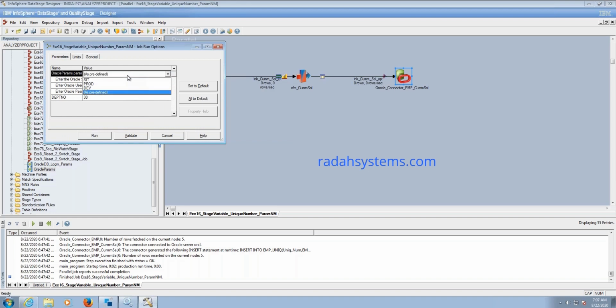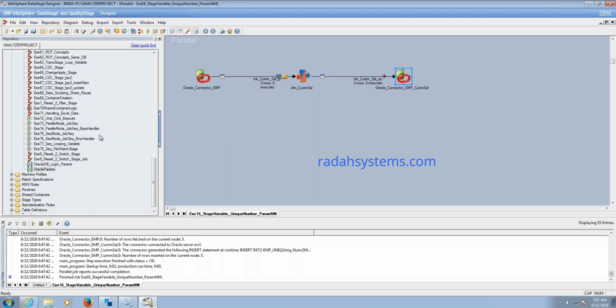Whenever you are running the job in each environment, accordingly you need to pick the value files. So imagine this is a dev environment. Choose the dev. Then enter whatever the department number value is. It's a runtime job parameter. So at present I am giving 30. Click on run.